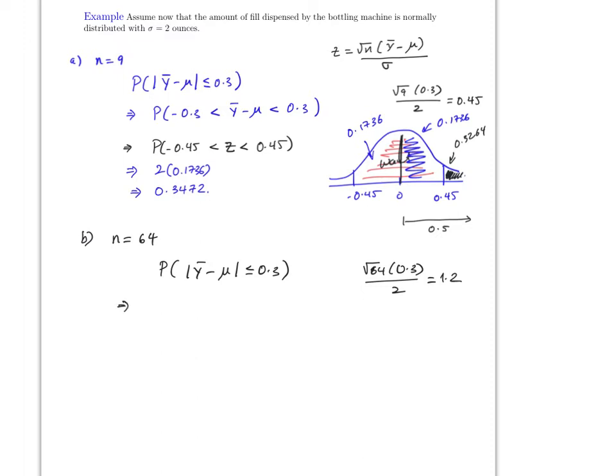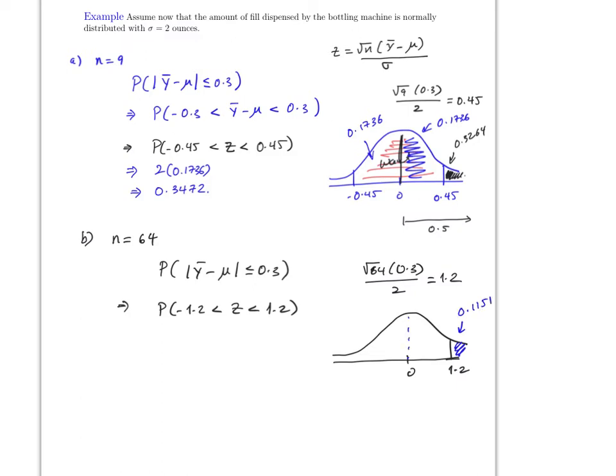So now we're trying to find the probability that minus 1.2 is less than z less than 1.2. And if we do the same thing with the table, you have 0 and 1.2. You look to the table for 1.2, the table says this value is